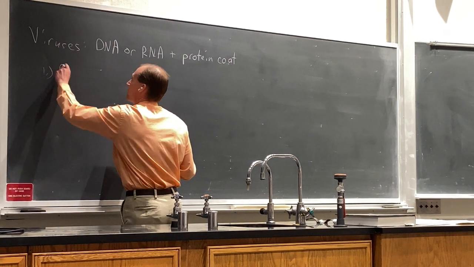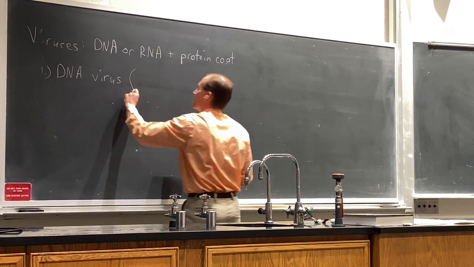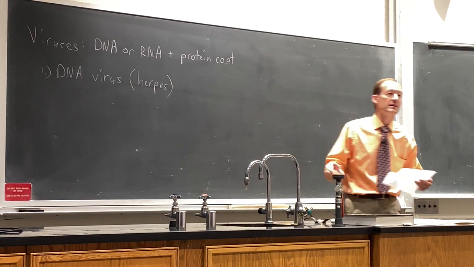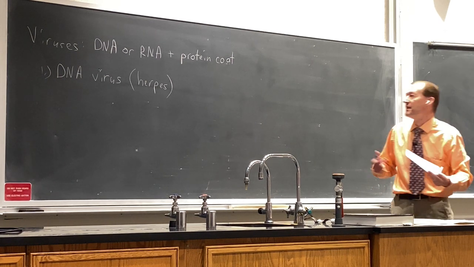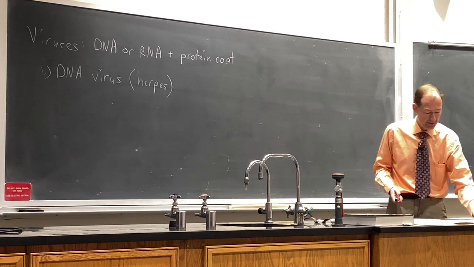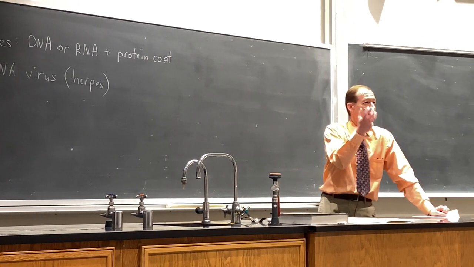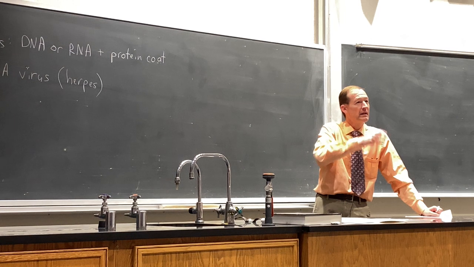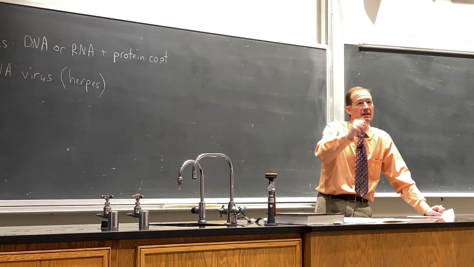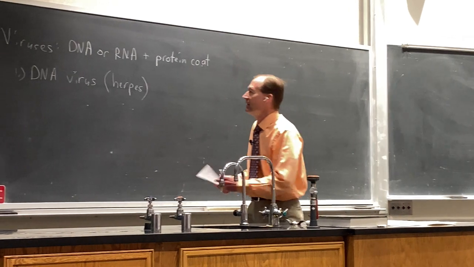So the first type of virus we'll talk about is known as a DNA virus. Okay. So herpes is an example of a DNA virus. There are a variety of herpes viruses. They can cause cold sores. They can cause genital herpes. But herpes viruses are DNA viruses, which means that they contain DNA, and that DNA is encapsulated by a protein coat. And then once they insert themselves into cells, the coat opens up, releases the DNA, and then that viral DNA